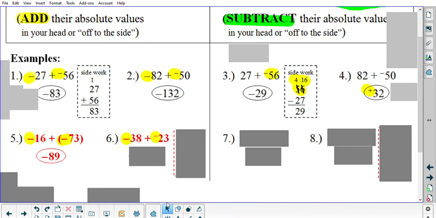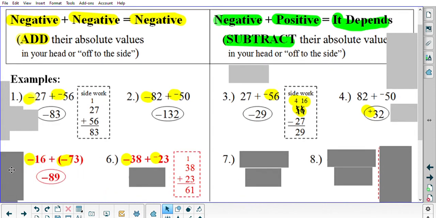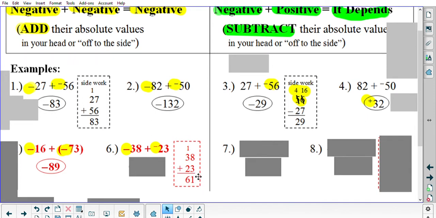Number 6, once again, we have two numbers that are both the same sign. They're both negative. So just like I said at the top, when that situation happens, you're going to add their absolute values in your head or maybe off to the side. I'm going to do this one off to the side because 8 plus 3 is 11. I carry the 1. If you can do that in your head, that's cool, but I did it off to the side. Now, the final answer is not the answer from the side work. Remember, in my side work, I'm not putting the negative signs, am I? I'm adding their absolute values just temporarily. That gives me 61,